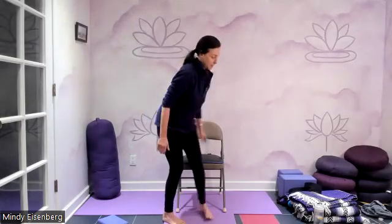For our final twist, sitting tall. Feel your weight on your hips. You might shift right and left and find center. And then you're going to bring your left hand outside your right thigh, left hand behind. Can be at a diagonal like this, or hand at the back of the chair. Lift tall, open up. Breathe in,